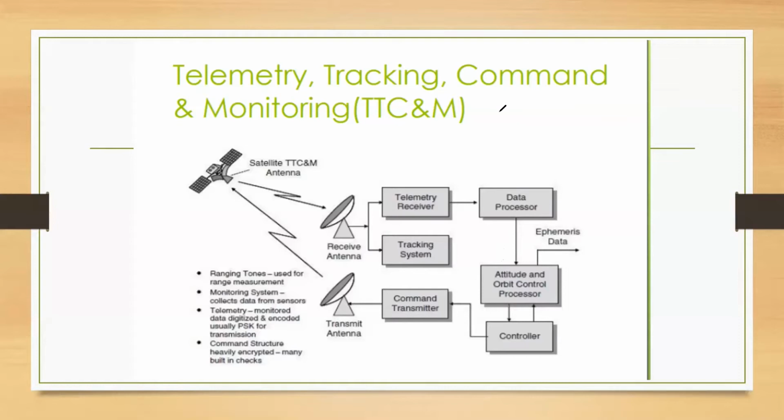So even after taking a lot of security measures, although the command that is received is heavily encrypted, after decoding it is again sent back to the Earth station to find out whether the command that has been received is correct or not. Once it has been decoded and found correct, the execution signal is sent from the Earth station to the satellite. That is, a verification process is done, and then the command is executed.